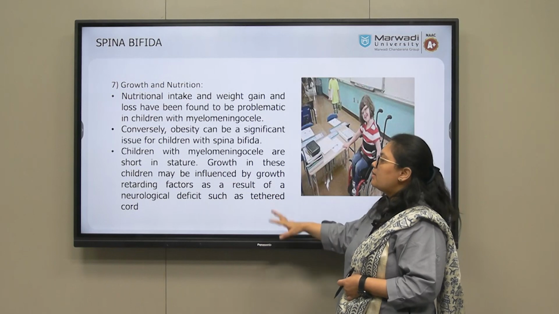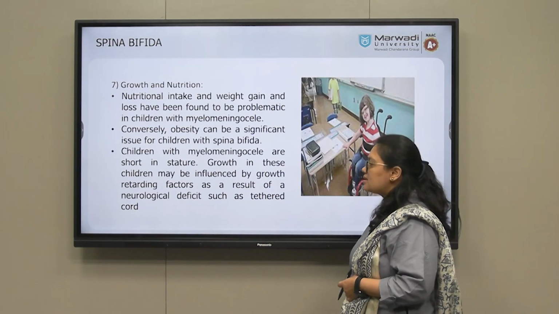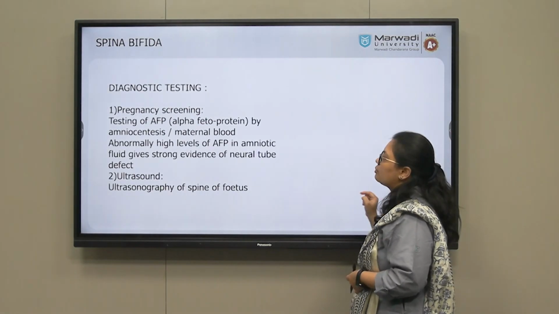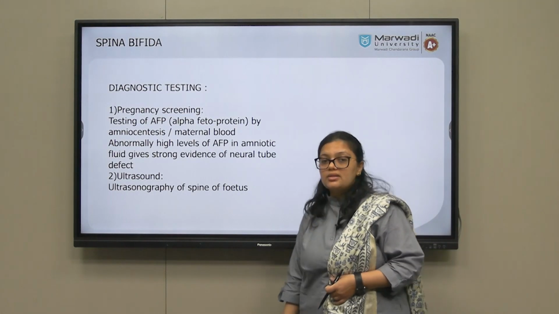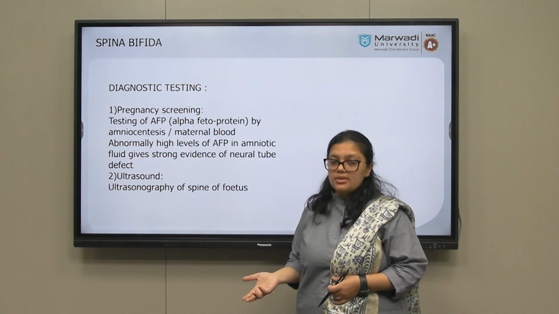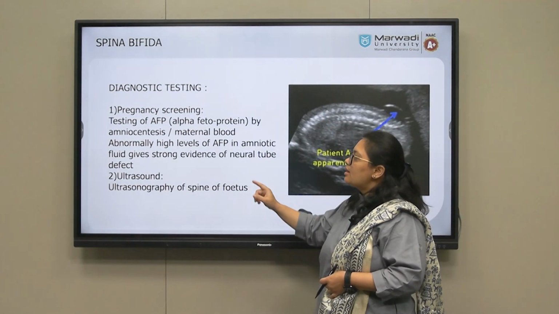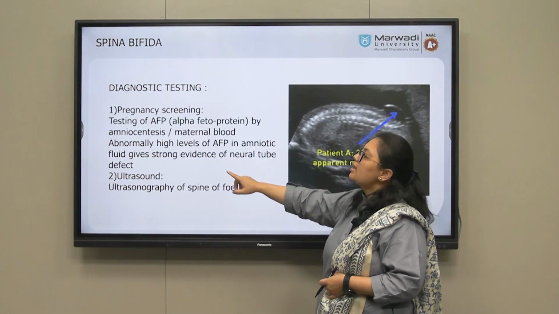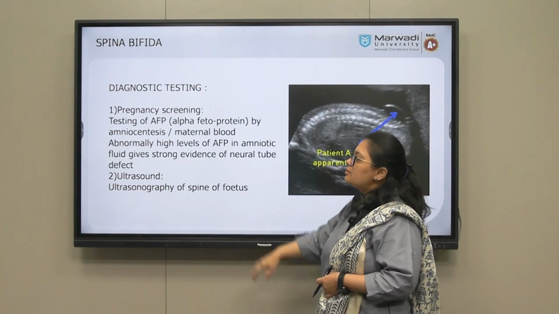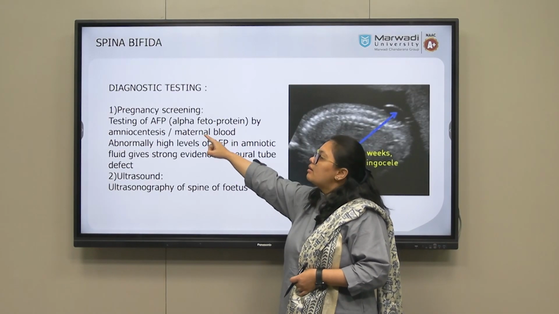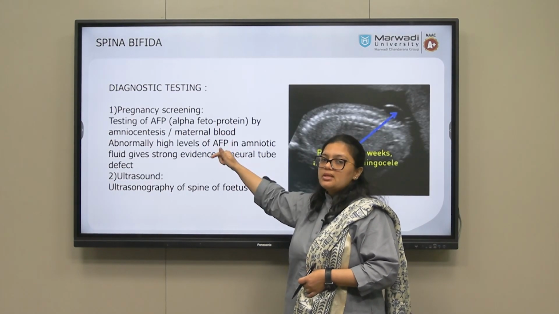Growth in these children may be influenced by growth-retarding factors as a result of neurological deficit, such as tethered cord syndrome. So what can be the diagnostic tests? How can we diagnose that a child has spina bifida? As I told, the ultrasound and alpha-fetoprotein by amniocentesis and maternal blood. So testing of AFP in the mother's blood will tell you,